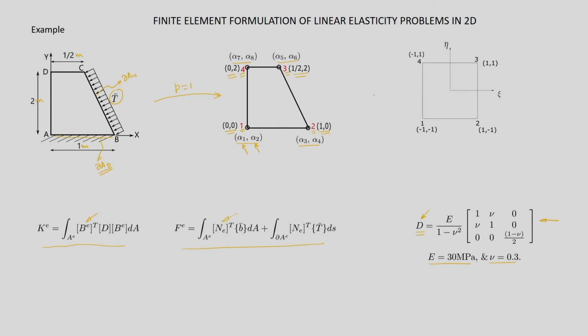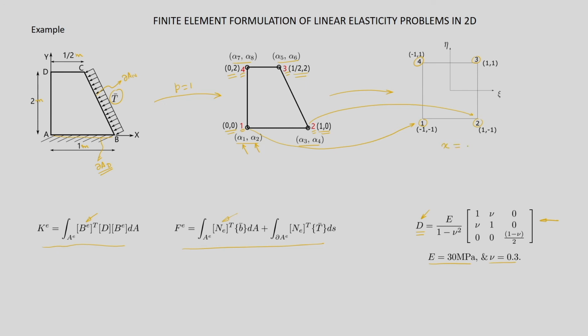So here this element has been mapped to a master element, for p equal to 1. So these are the node numbers 1, 2, 3, 4. It means node 1 has been mapped to this node, node 2 has been mapped to this node, and similarly node 3 and 4. So how this mapping is done, we have already discussed. We said that we will use the linear map.